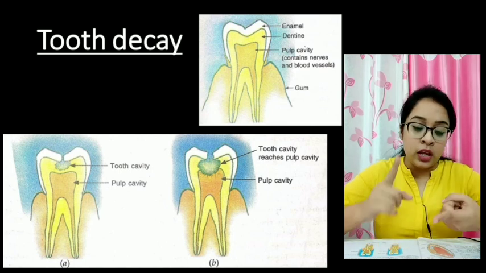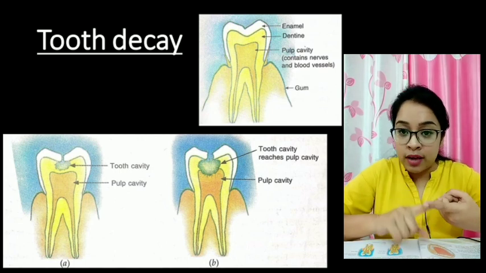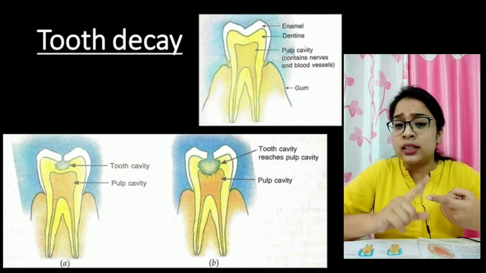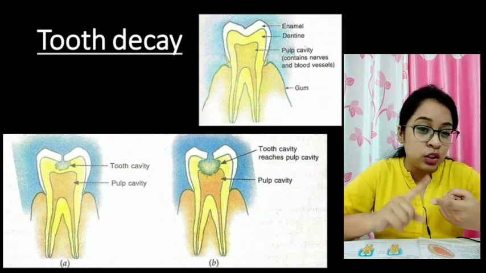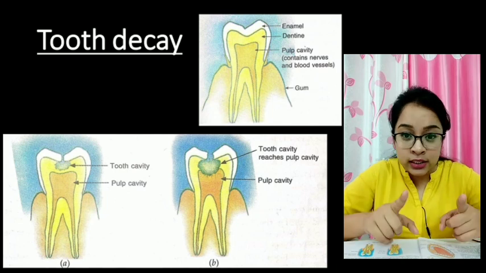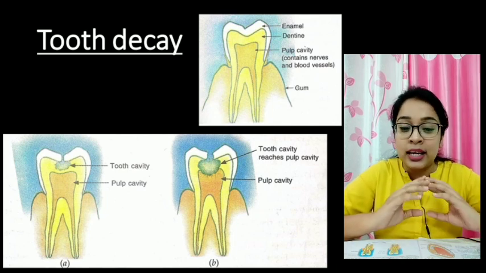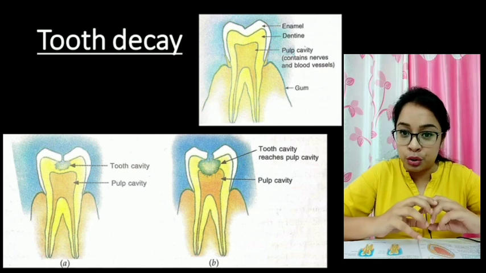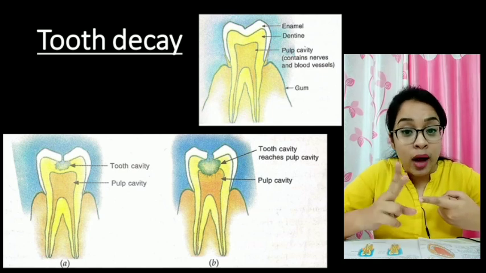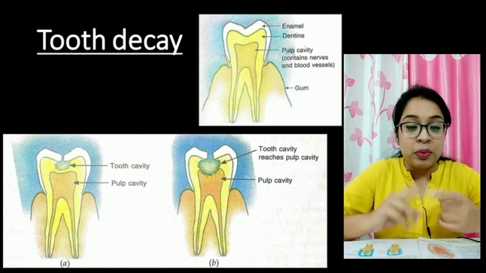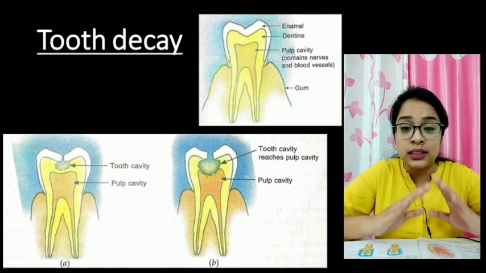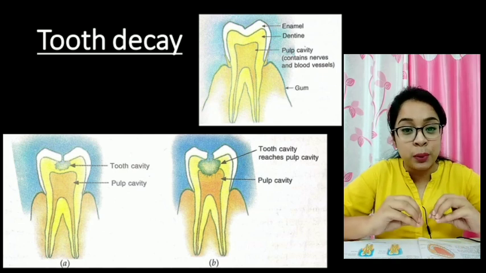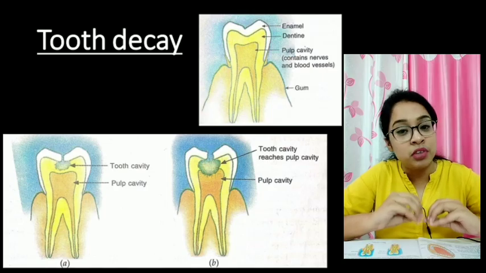So what you should do is, you should take proper care of your teeth. What can we do? We can wash our mouth after having anything. We should eat less sugary things. That means less chocolate, less sweets and less of everything which contains sugar. We should brush twice a day. If you follow these simple things, then you can have a good pair of teeth without any cavity and without any pain.